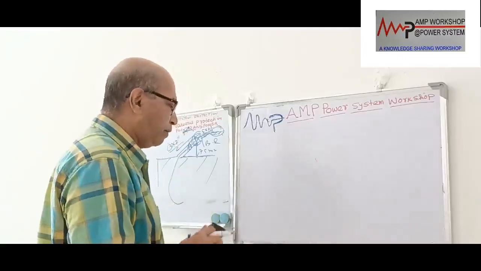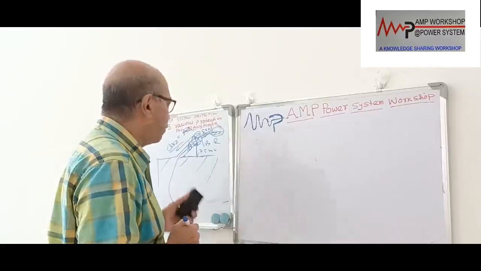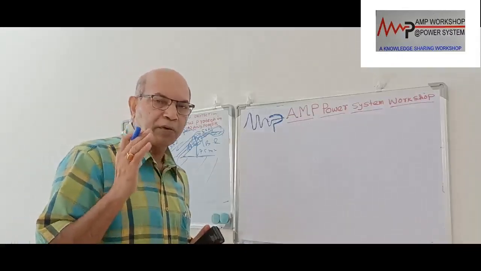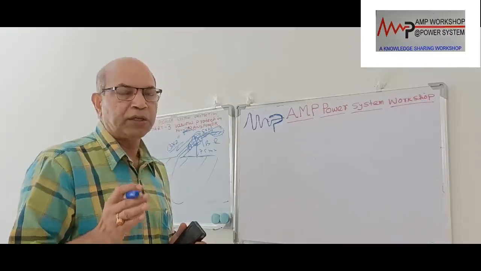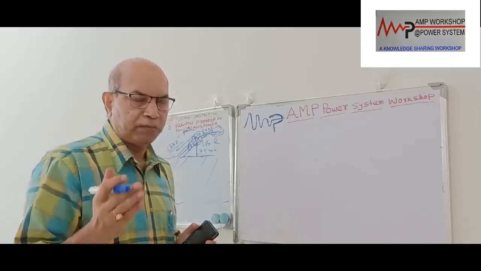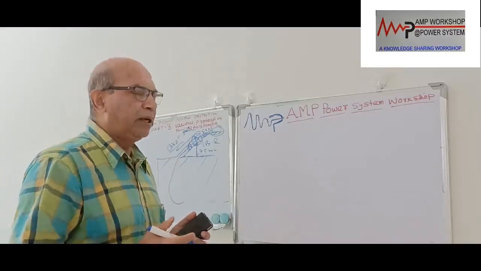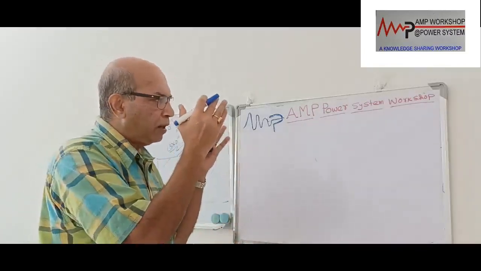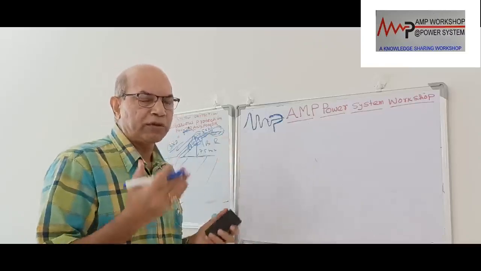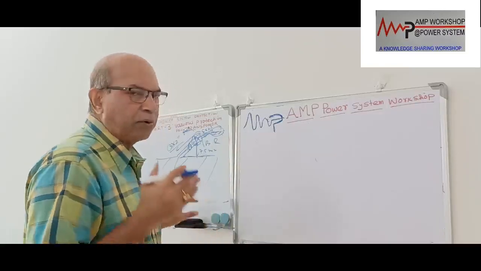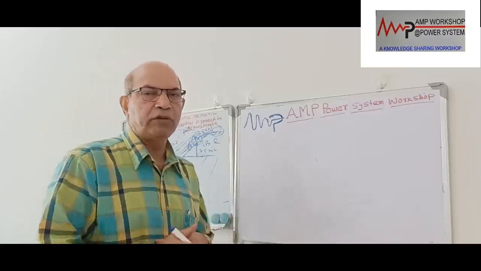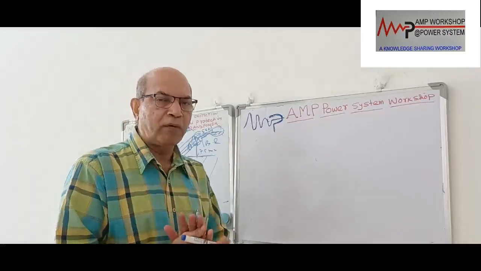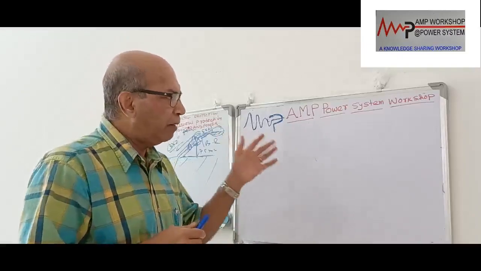I think we have already completed 45 minutes, so with this we will be closing today. Today we discussed the various protections: why transformer protection is important, what the various causes are which can cause transformer failure, what the consequences are and what protection is required. We discussed the external service conditions and internal faults which can cause transformer failure. Out of that we have discussed overloading, over voltage condition, and then the incipient fault or interturn fault or short circuit inside the transformer, by the pressure relief device.